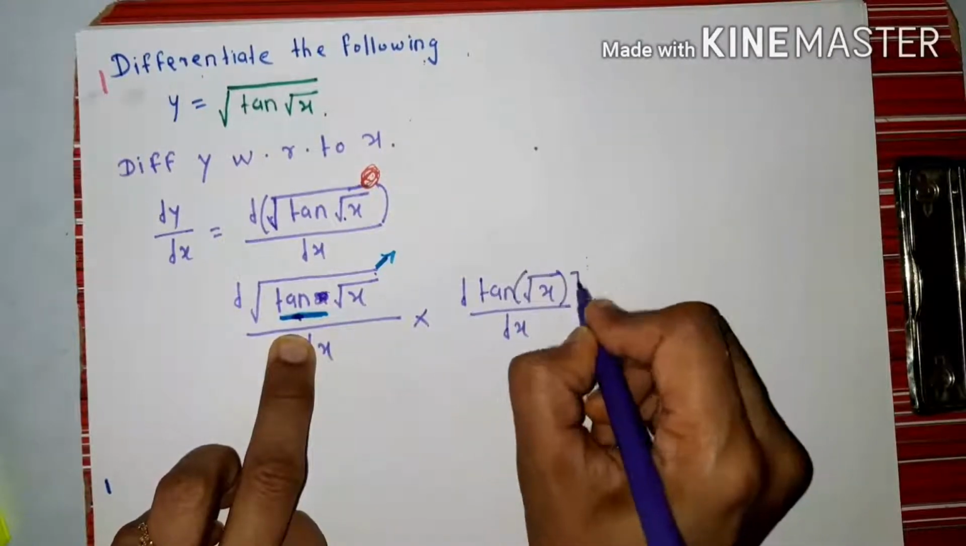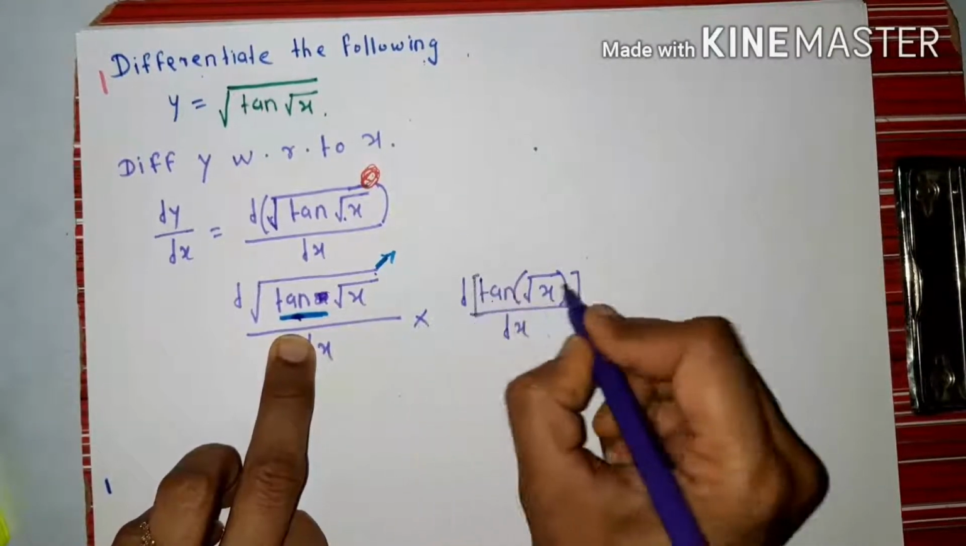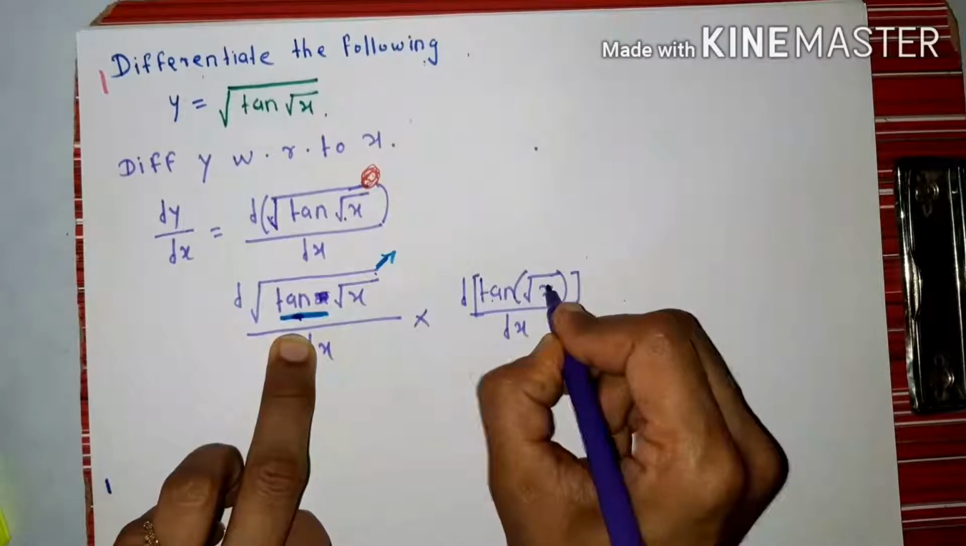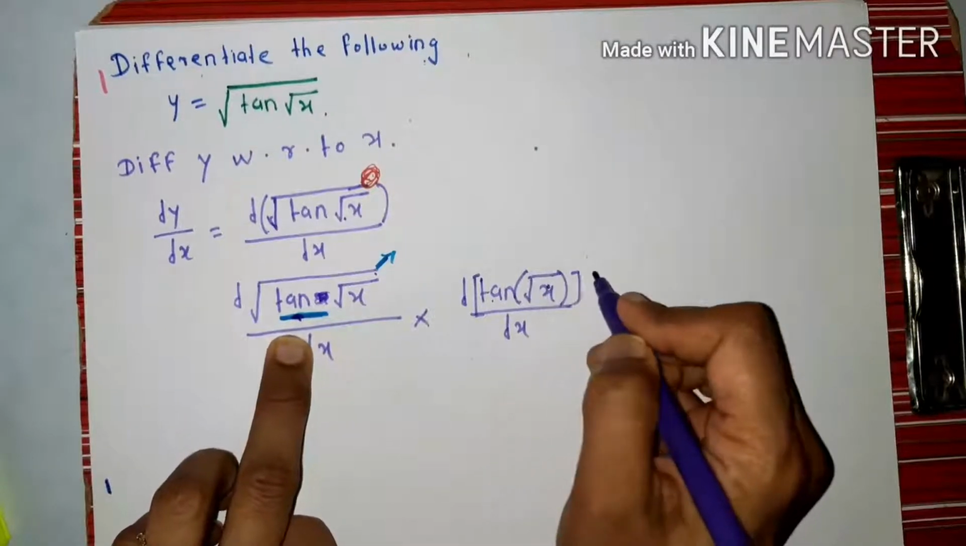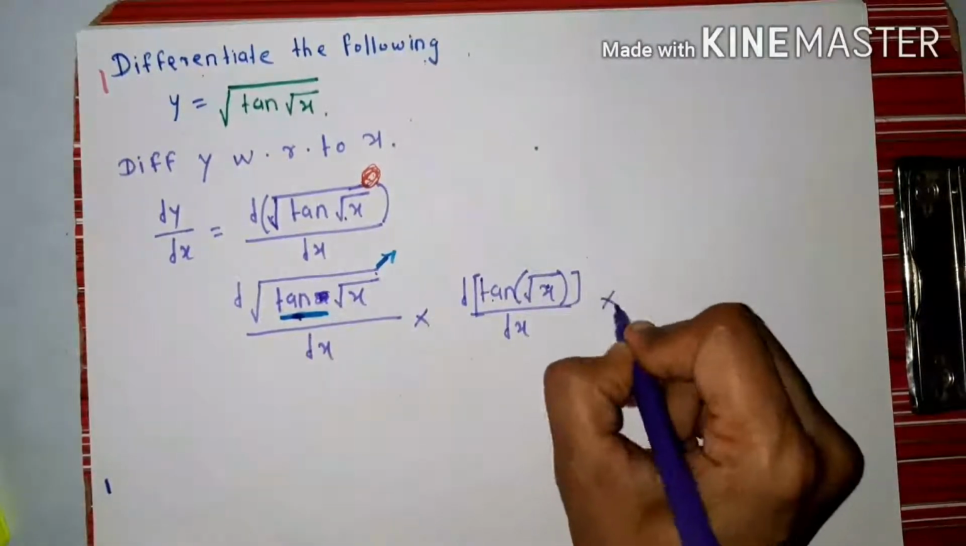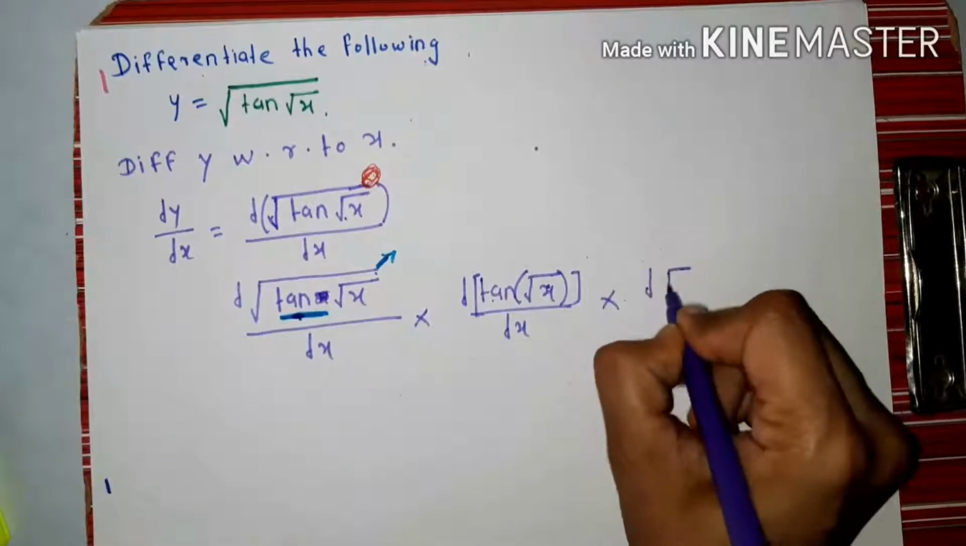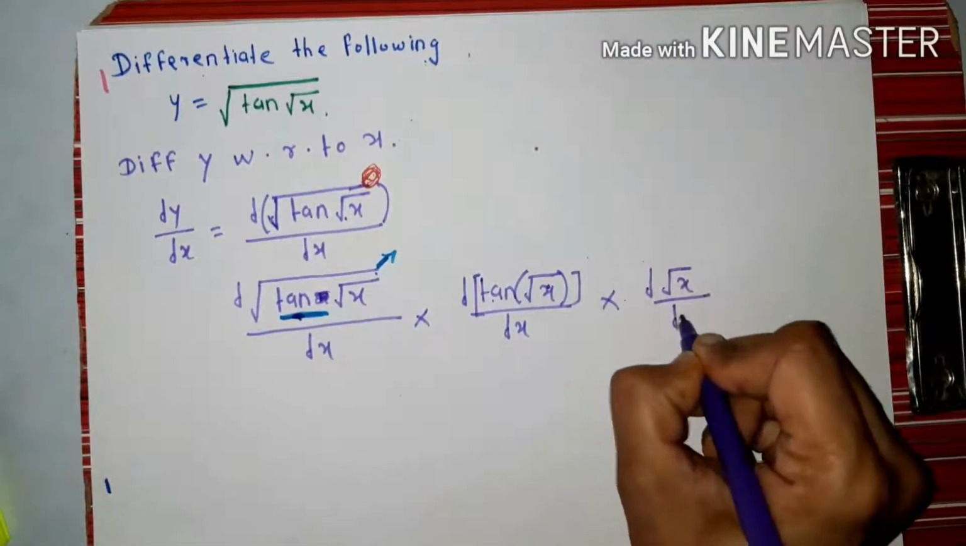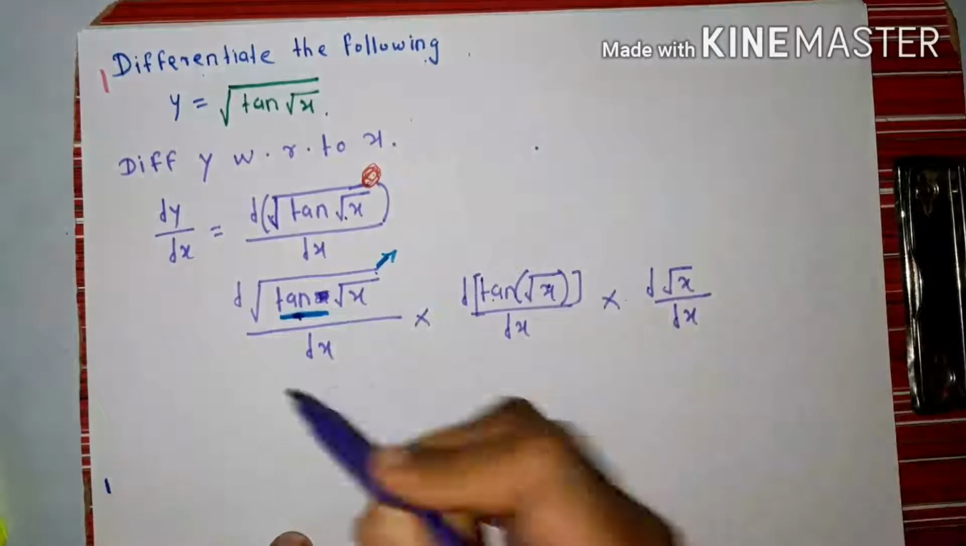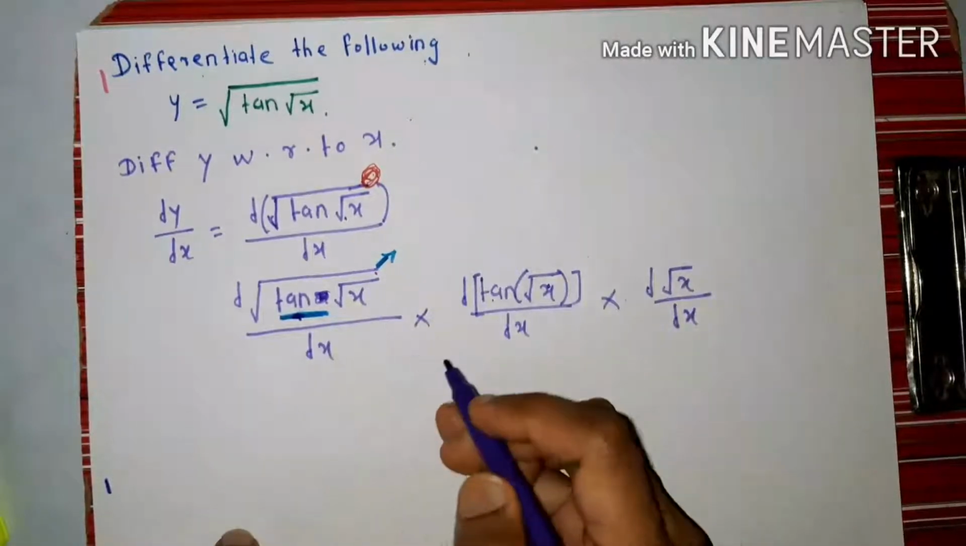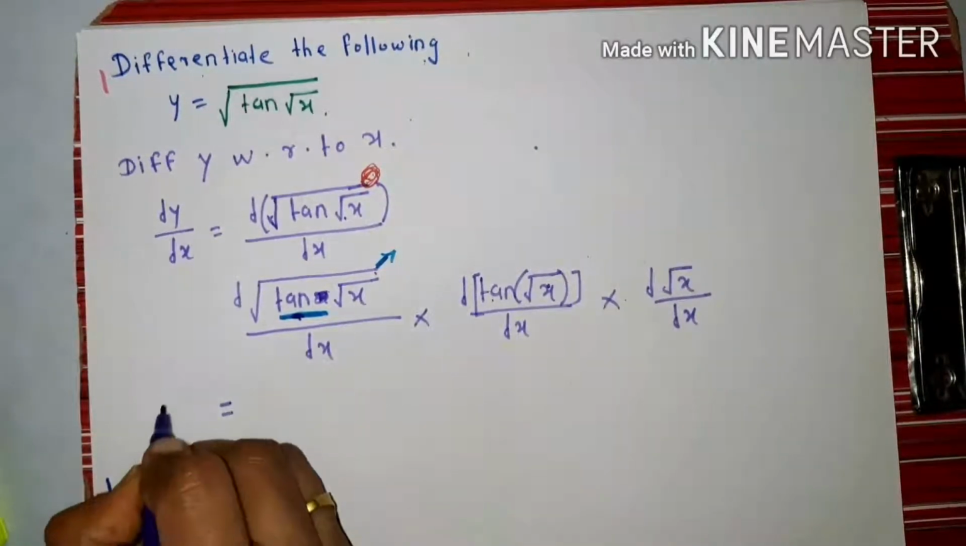Now if we see, tan is a function of root x. Means again this root x is differentiable function, and that's why differentiate root x with respect to x. Now all the functions are finished. Hence dy by dx